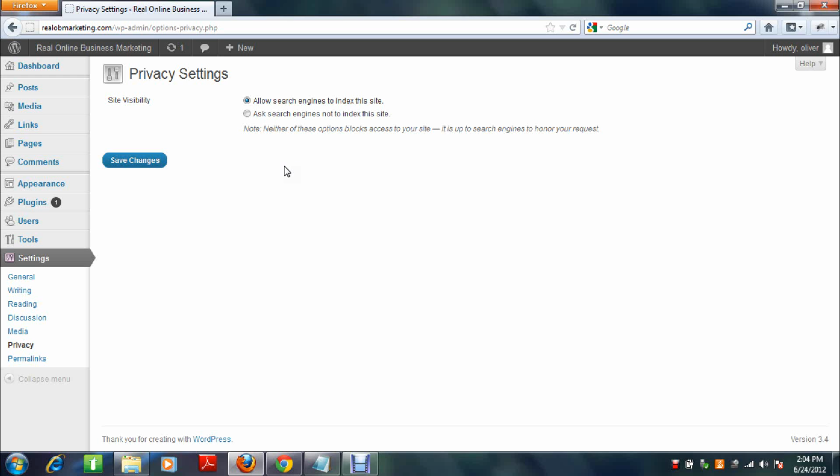So you obviously are probably not going to have any content ready for your website yet, so you probably want to just click this checkbox, ask search engines not to index this site. For me, I'm gonna leave it the default option checked, but you might want to block search engines until you get some content up on your website,